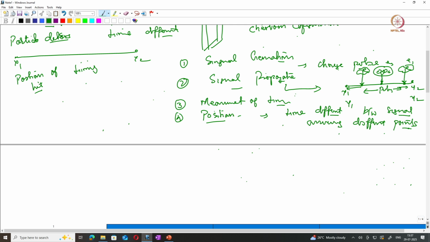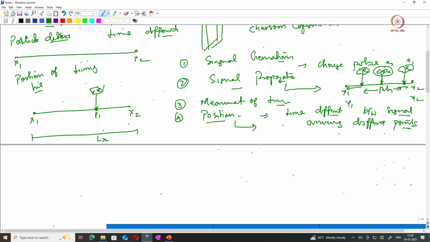Okay, with this the detector can detect the particle's position. Usually what we measure is, if there is a delay line wire, there is an x1 and an x2. Consider the total length of this delay line wire is Lx. Fine. So if an electron cloud E1 hits this position P1, then that position P1 can be